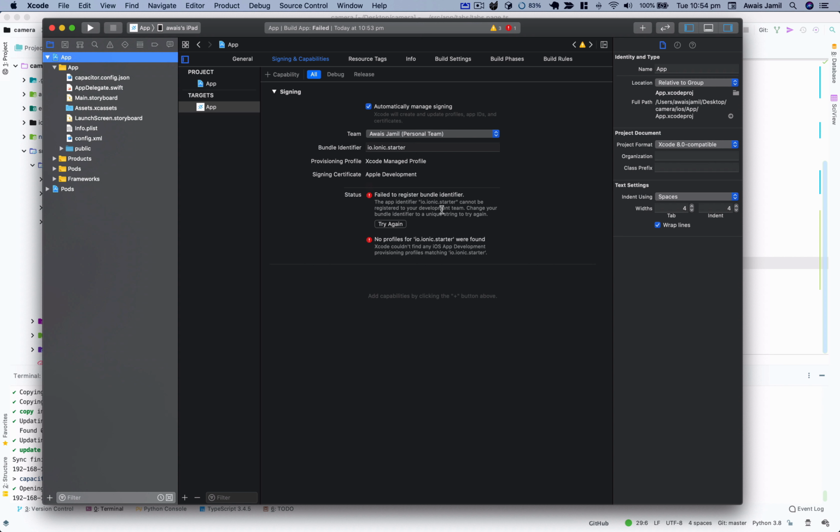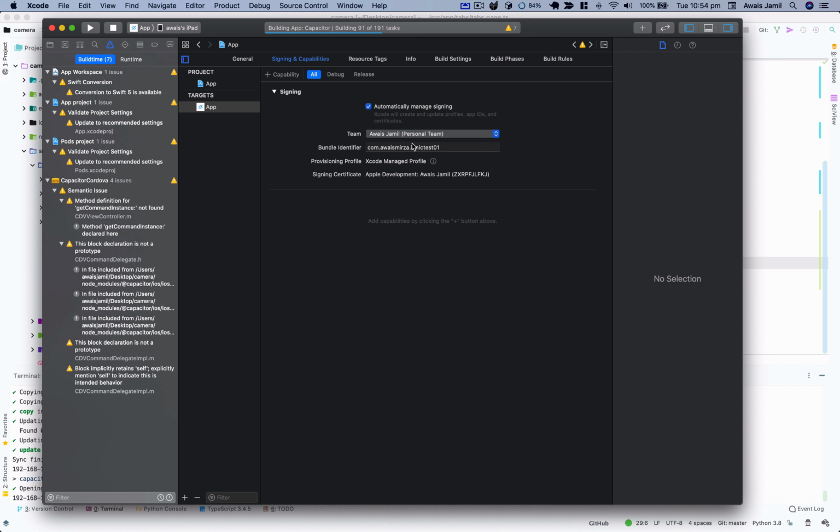It says the app identifier cannot be registered to your development. So what we want to do is change this to com.oasmusa.ionic capacitor, or let's just say ionic test 01. I'm going to try again, and it's going to create a provisioning profile. That's all good now. I'm going to click on this play button, and it's going to install all the Capacitor